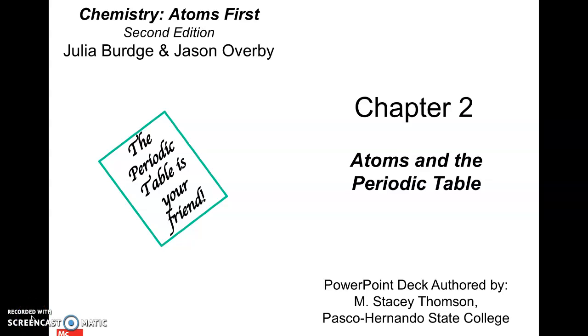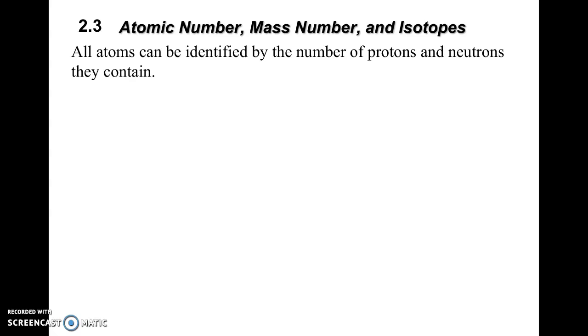Okay, Chem 1110 students, now we're on to the second video of Chapter 2. So in the first video, we talked about the various subatomic particles, and now we're going to talk about the atoms that they make up and how they are arranged in the periodic table, which is a very important tool for the chemist. So we know that atoms can be identified by the number of protons and neutrons they contain,